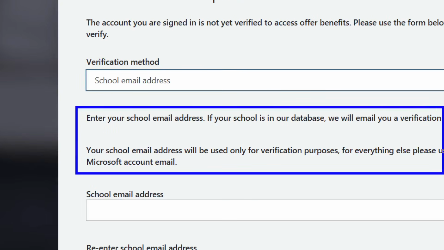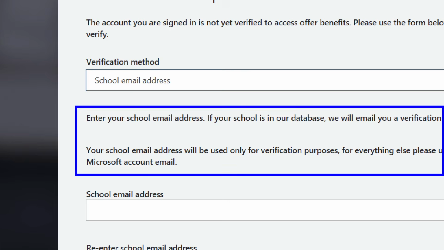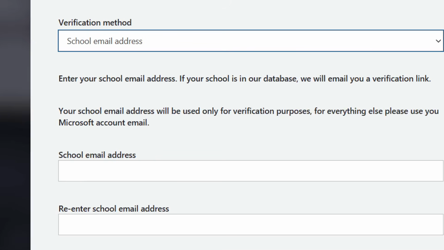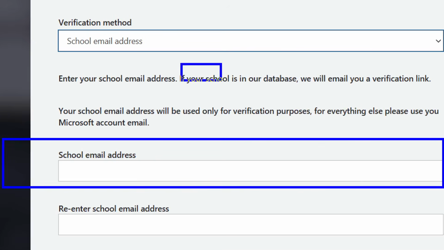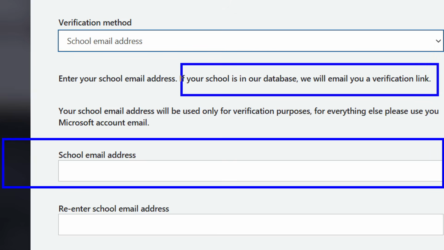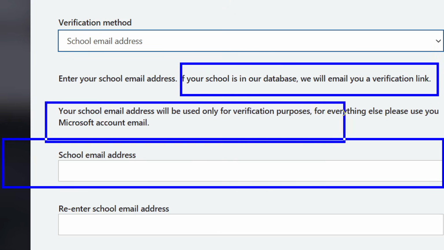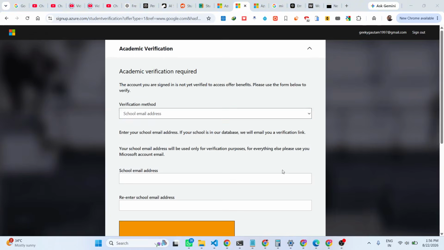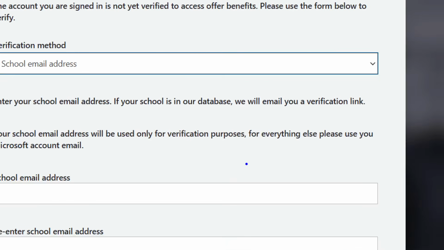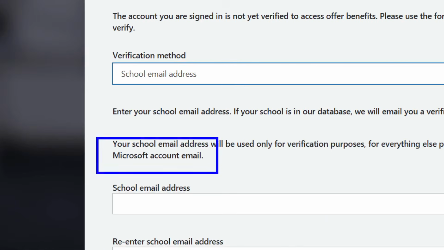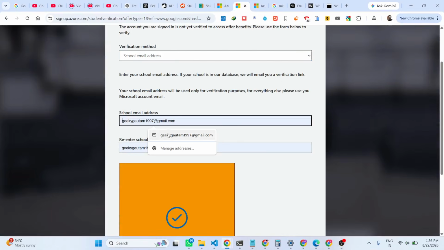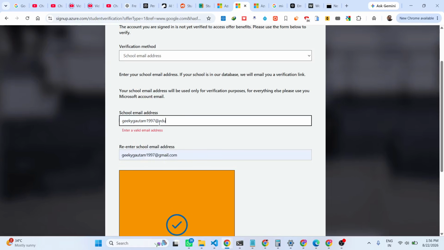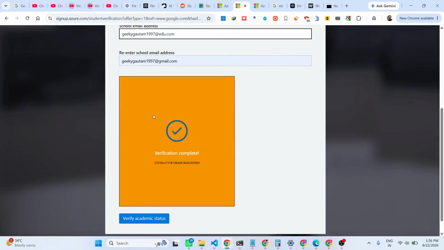This is a very basic option and the best option that I can tell you. Just enter your school email address. If the school is in their database, they will email you a verification link, and this email address will only be used for verification purposes. For everything else you will use your Microsoft account email. So just enter your school email address at the rate whatever is your education institution name, and you just need to re-enter that